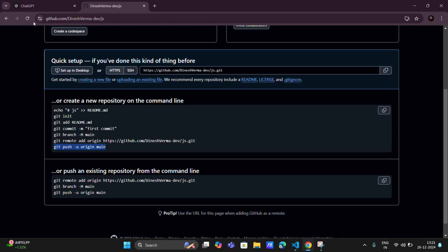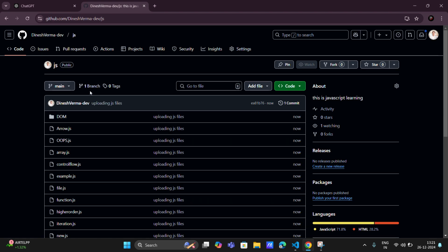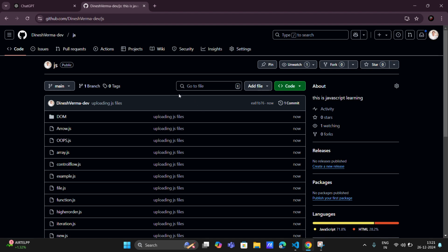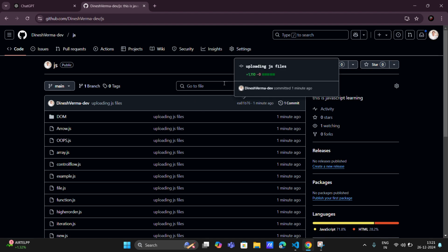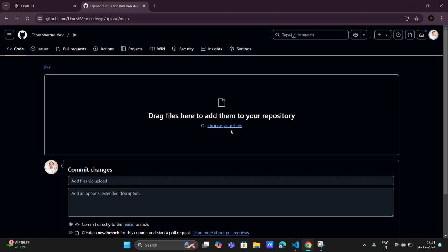Let's see whether the code has been pushed or not. Yes, finally you can see that our code has been uploaded to GitHub. If you want, you can add it via add files, using create or upload files. You can add, but if you have a bunch of files, like 30 files, 40 files, it cannot be